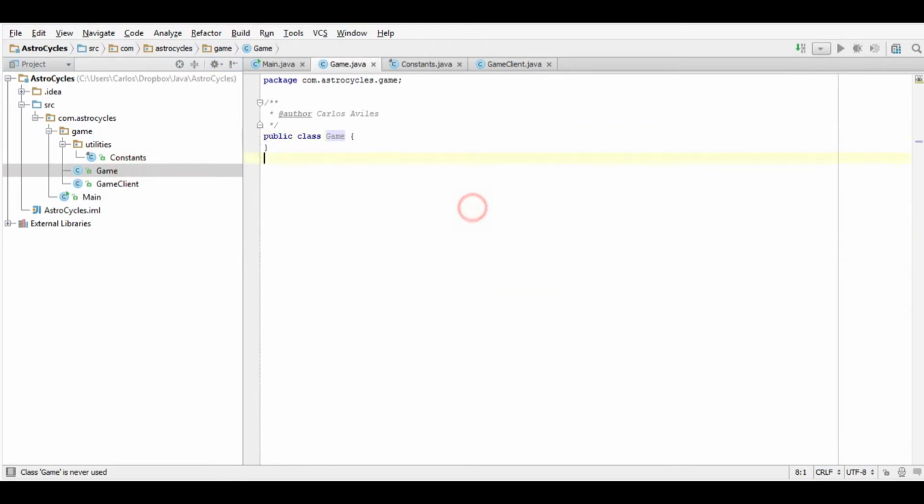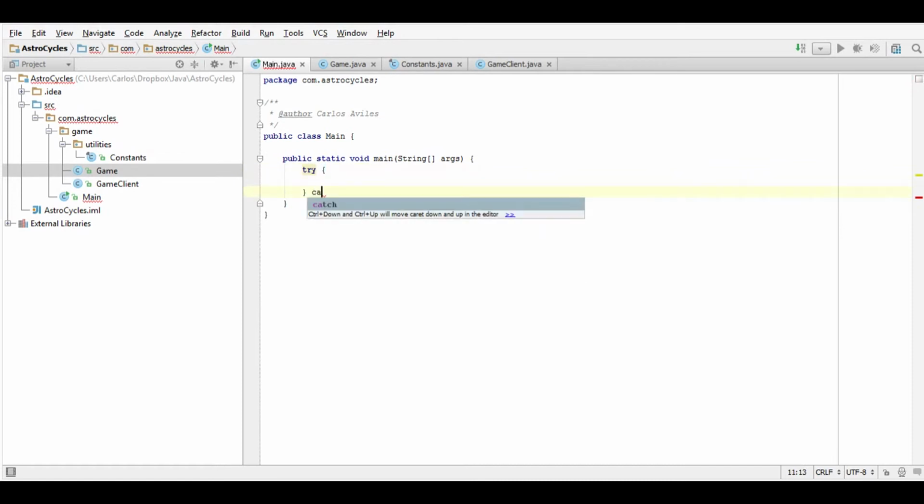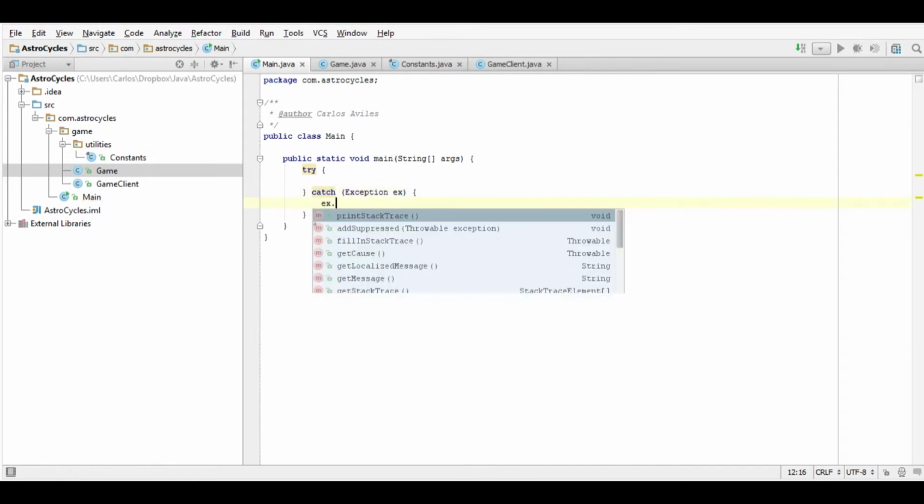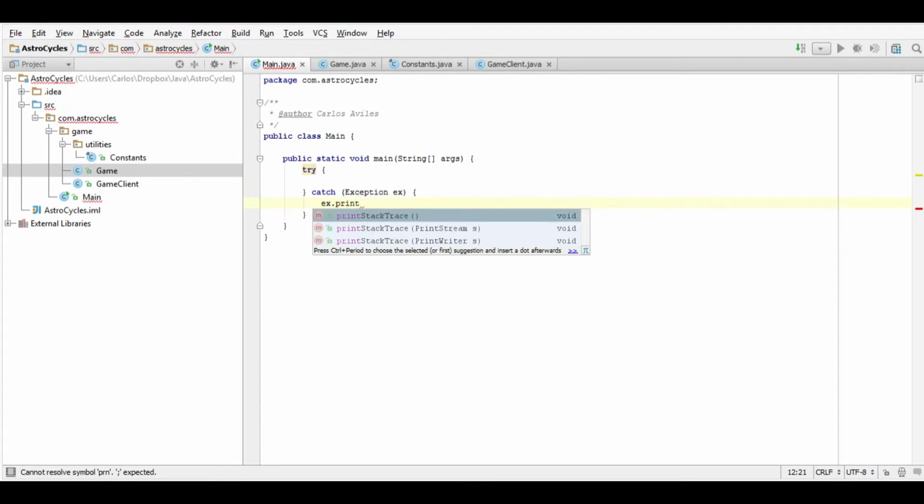Now let's go back to the game class. We did not. Oh yeah, wait. It's in the main, my bad. Alright. On here, we're gonna try and then catch an exception. e.printStackTrace.